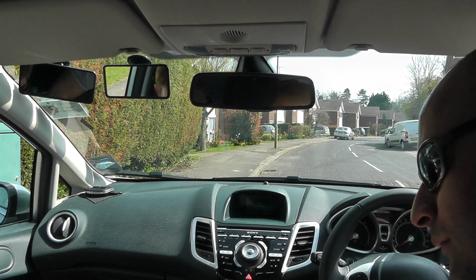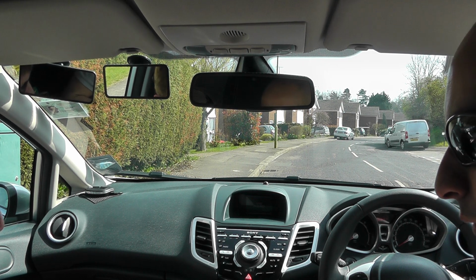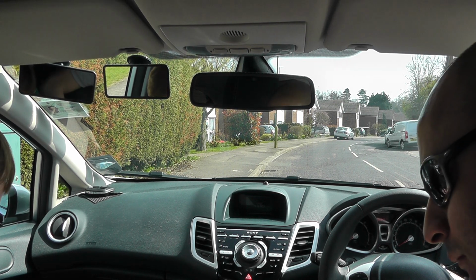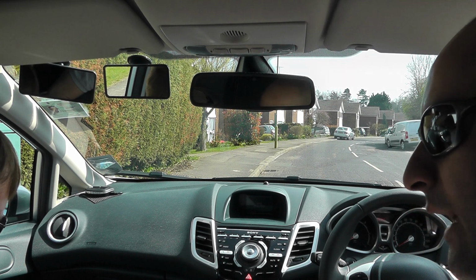So what we're going to do, if you grab the seatbelt from this strap here with your left hand, and unclick it with your right hand and guide it through without it just...